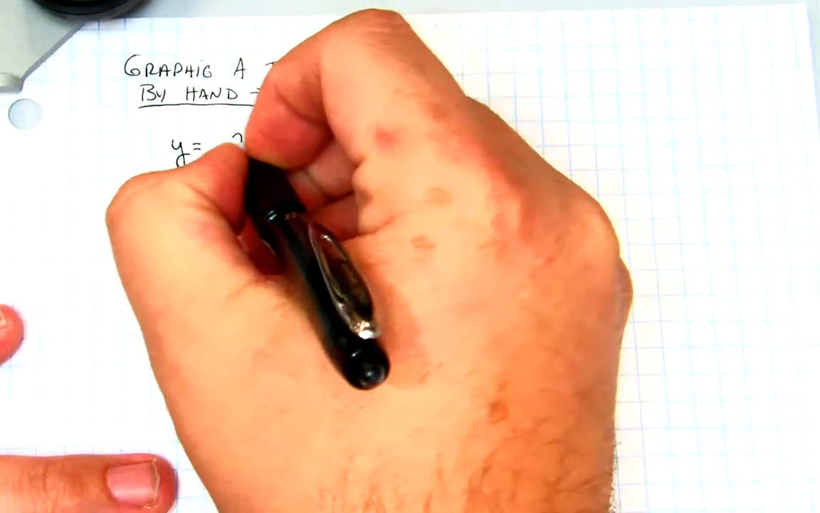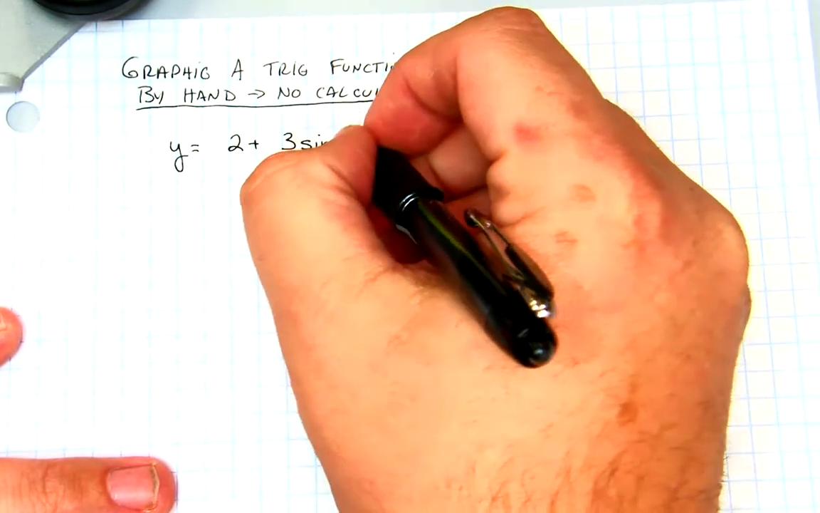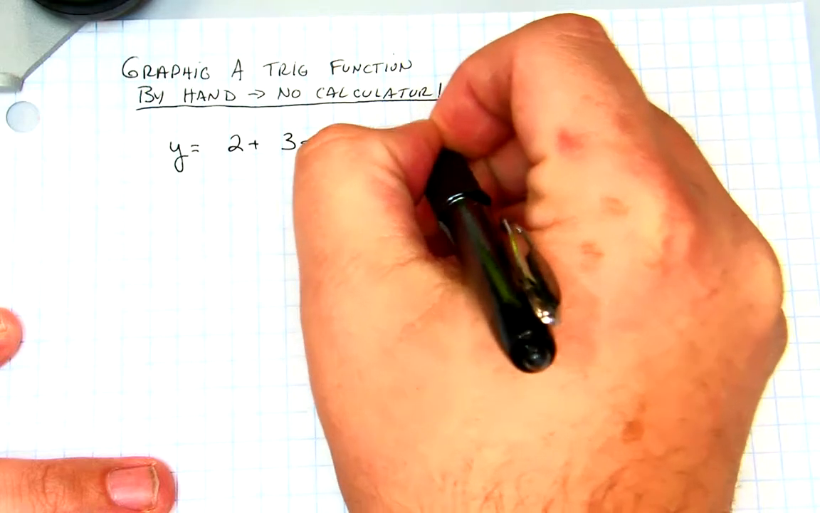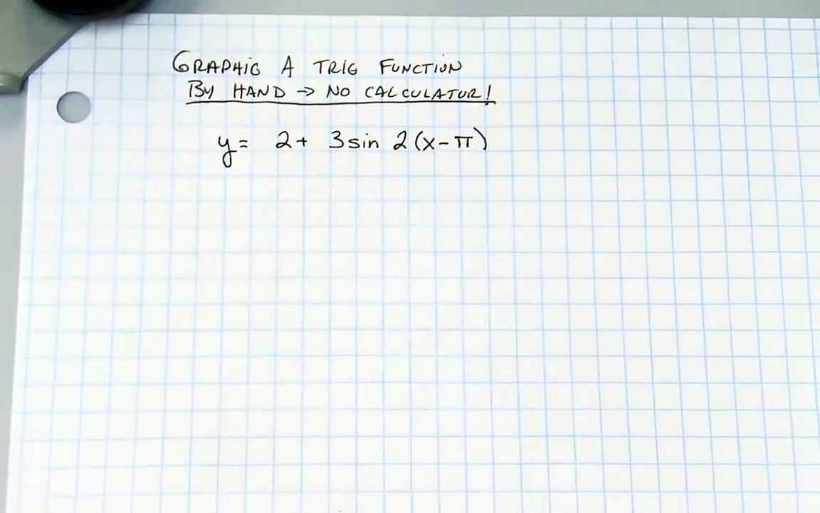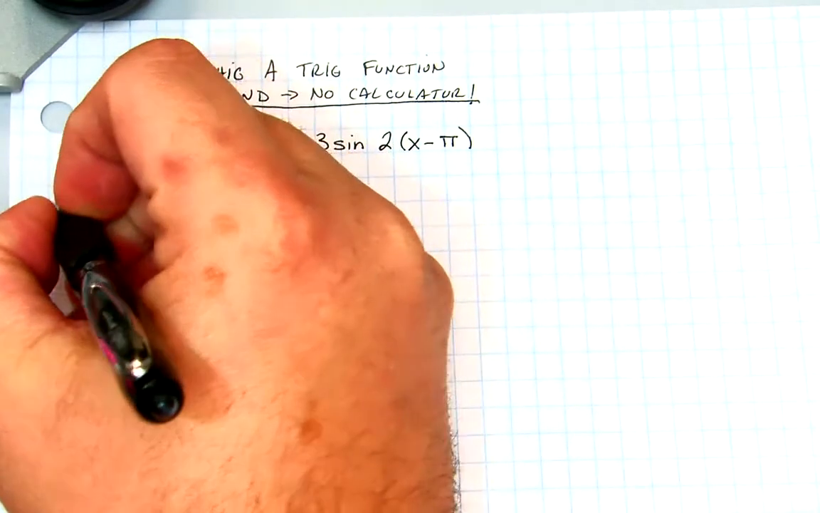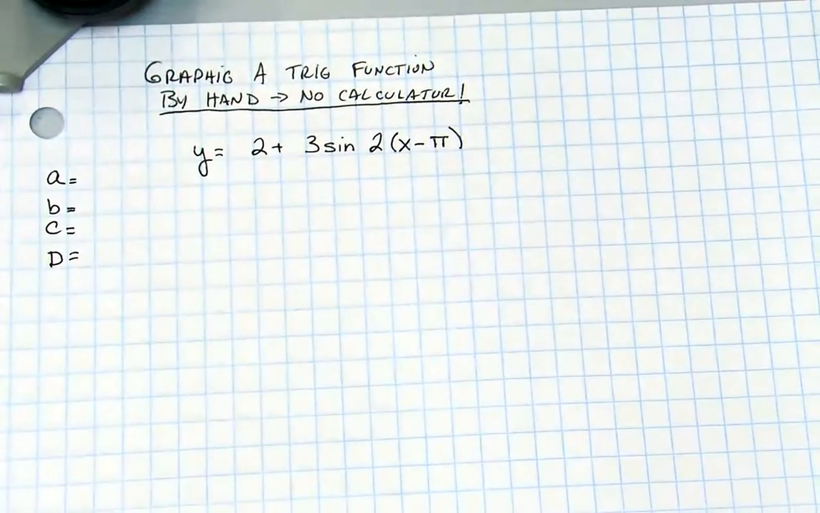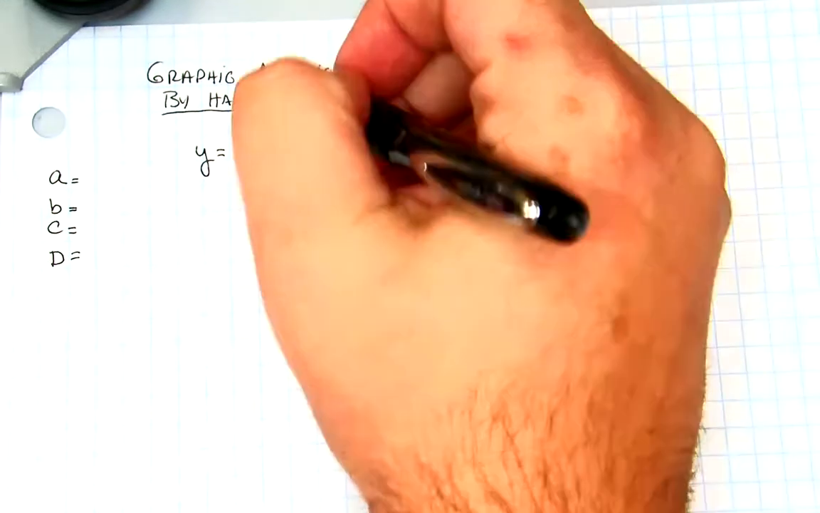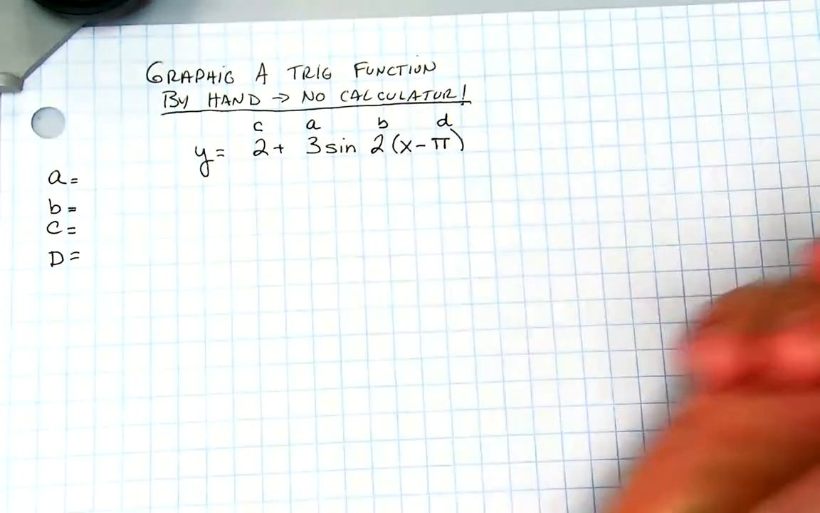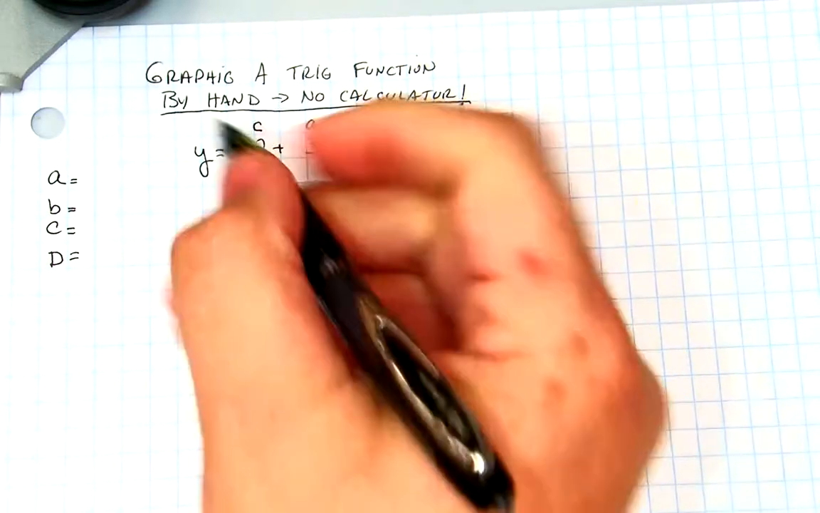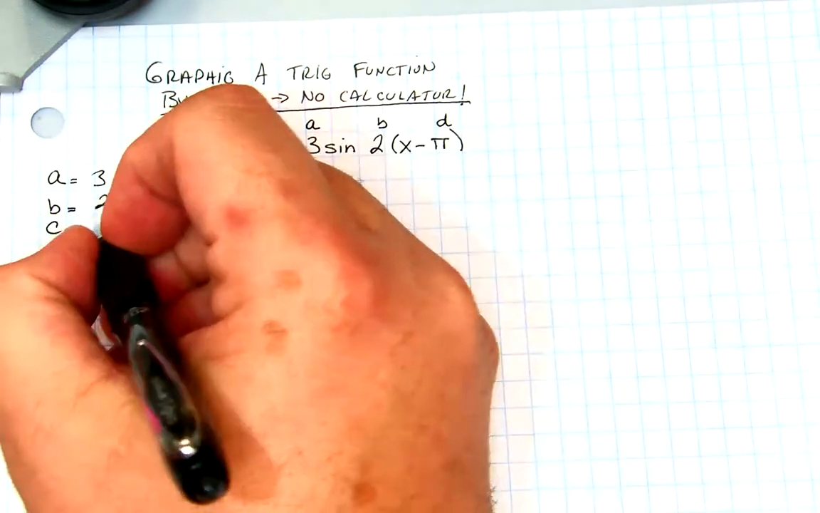Y is equal to 2 plus 3 times the sine of, let's say, 2 times x minus pi. Alright, now, there is an A, there is a B, there is a C, and there is a D. A is this value right here. There's B, there's C, and there's D. Now, if we look through these different parts, A is 3, B is 2, C is 2,